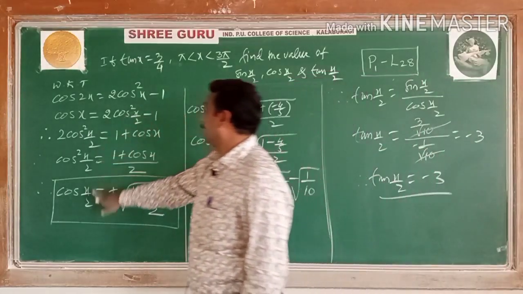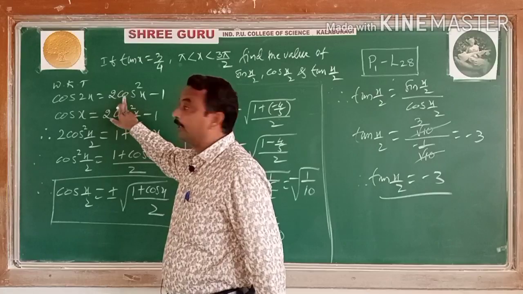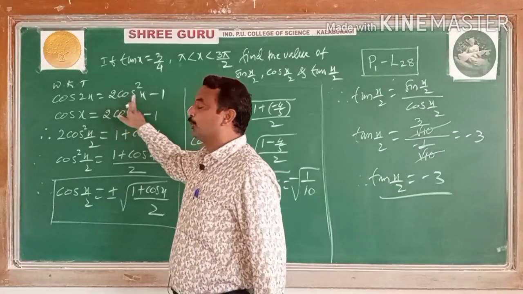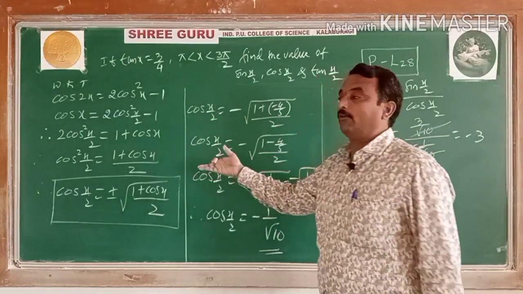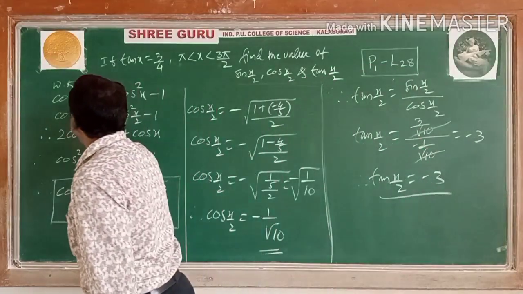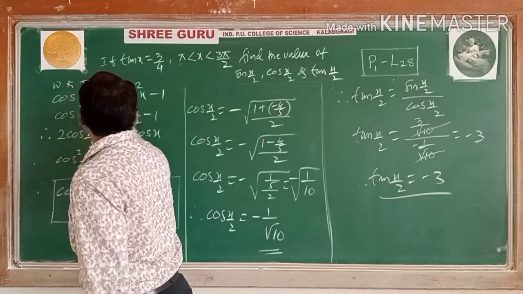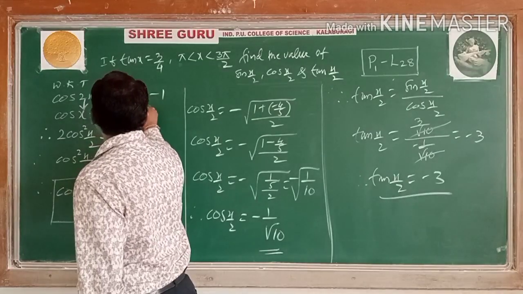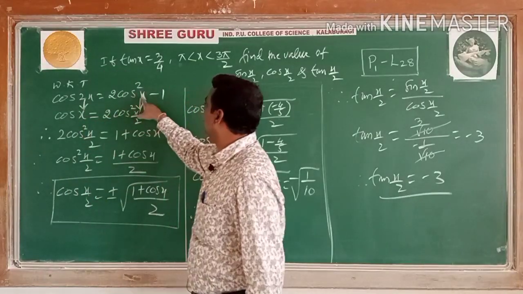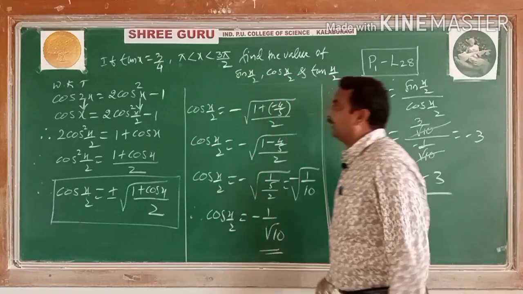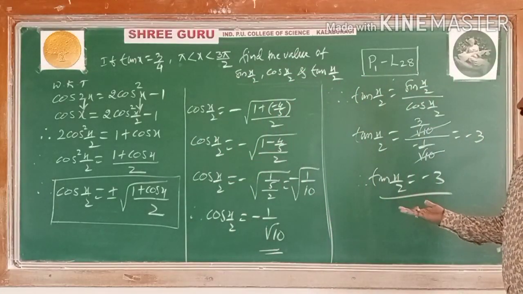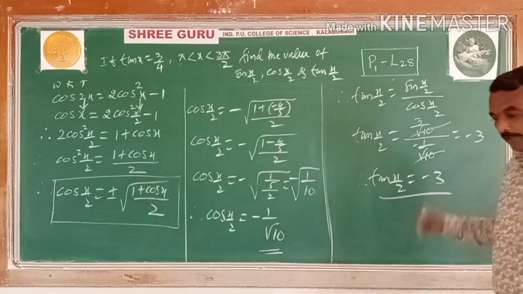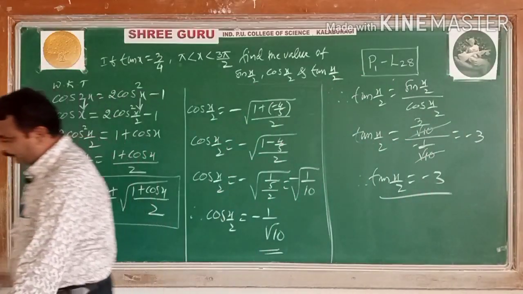To get cos x by 2, which one have I considered? In terms of the cos form I have considered. To get sin x by 2, what have I considered? In terms of the sin formula I have considered. And I have reduced in terms of half angles. It is 2x as x, x as x by 2. There also I have reduced in terms of half angles. So this is sin x by 2, cos x by 2 and tan of x by 2.